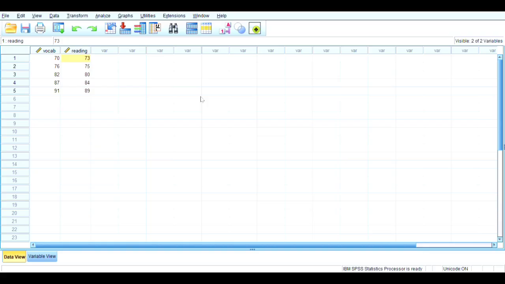And then I move the variables vocab and reading into the variables box. I select Pearson correlation and two-tailed significance test. Then I click OK.